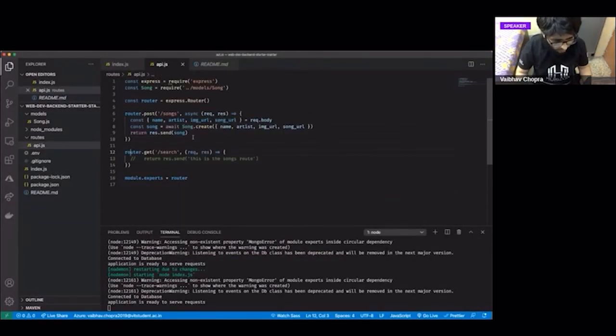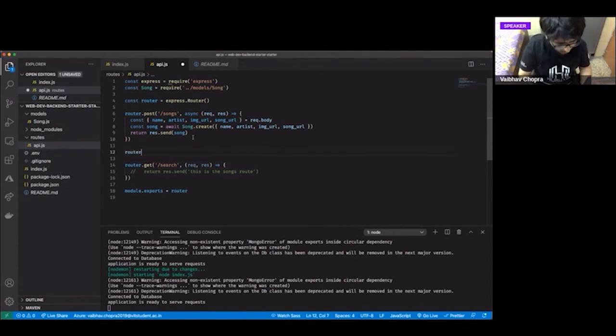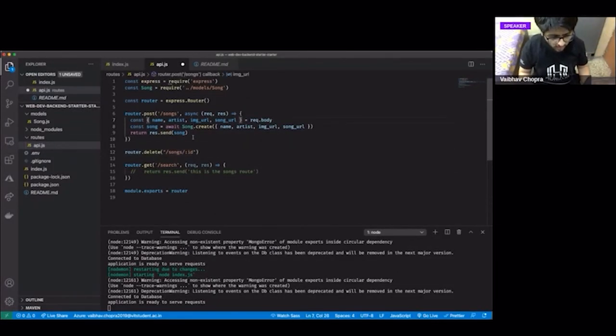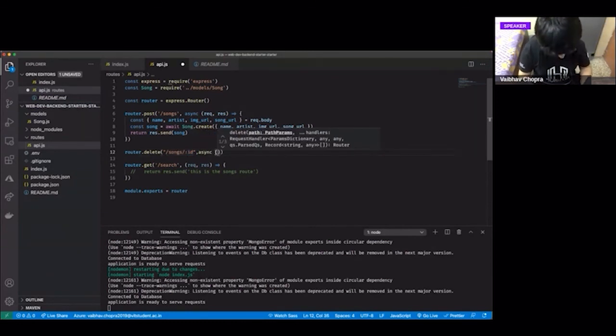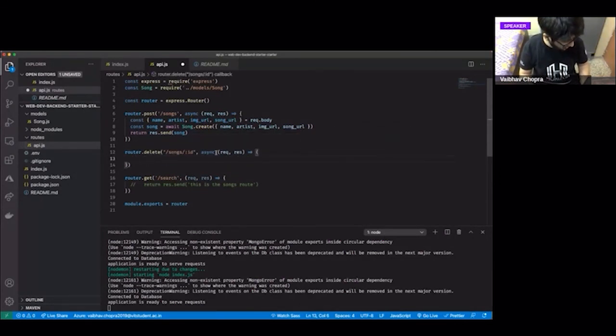and do another route called router dot delete slash songs, but this time you have to specify the ID of which song to delete, right? Because here it was not required because the ID was supposed to be given to me by the database. But here I have to delete it, so I have to tell what will be the ID of that song which we want to delete. So I'll take the ID here, and this is how you take an ID in the string in Express. You have to pass a colon, then you have to name that variable which will have the ID. Again, request response, the old architecture of Express, which we use again and again.